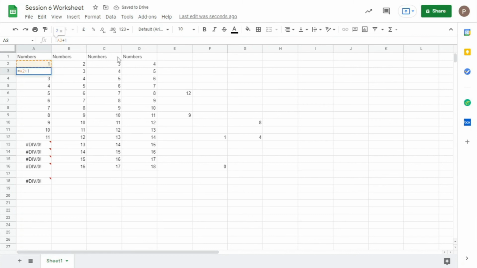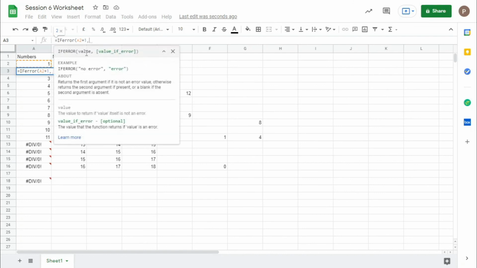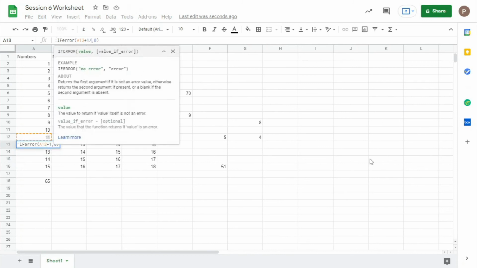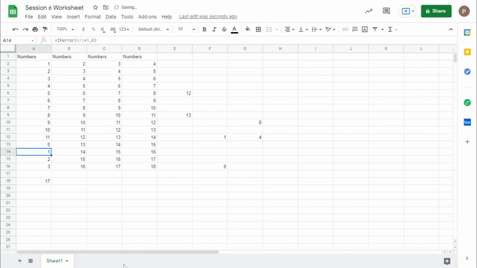Here you can use a formula called IFERROR. If there is an error, comma, first you have to give a value: if there is an error, give a value, let's say 0. So now just copy this formula down. Let's go here and we add a 0.